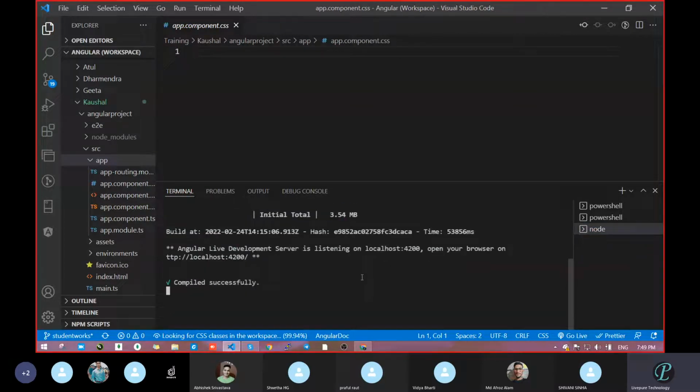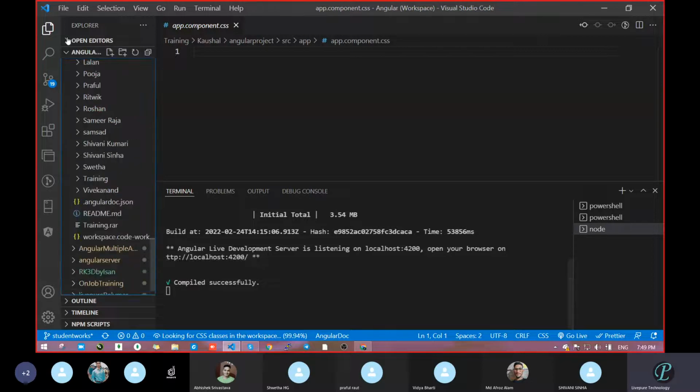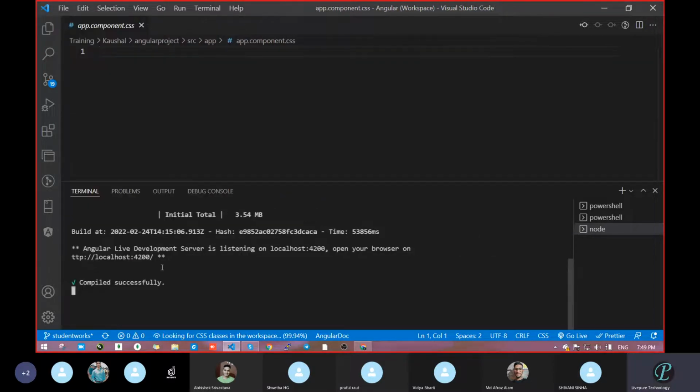No issue. So how will we open the project? The project got compiled successfully. And see, now here we are getting something like localhost:4200. How will you open this one? See the complete message.